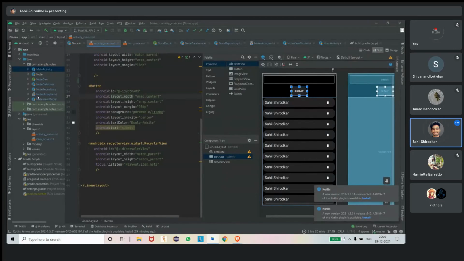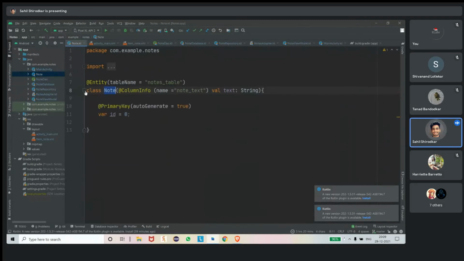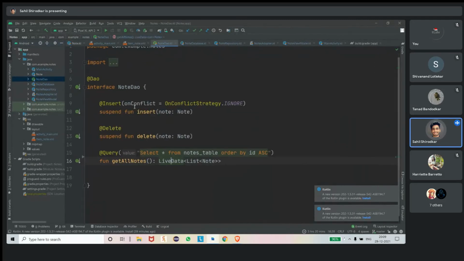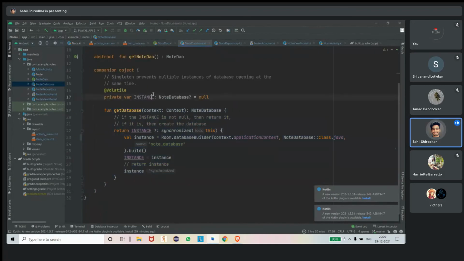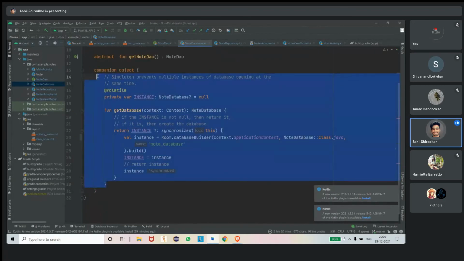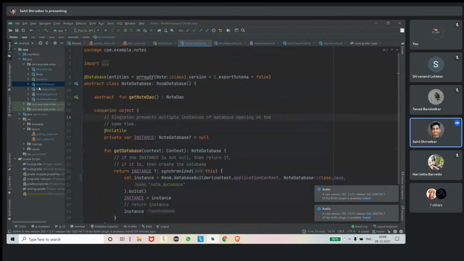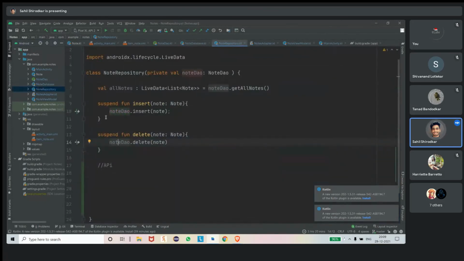We saw how we made the note class which we use to store the note. We'll make the note DAO class. We'll make the node database. This is the same boilerplate code which we use for every database. Then node repository, which will interact with the database or any other calls, API calls.